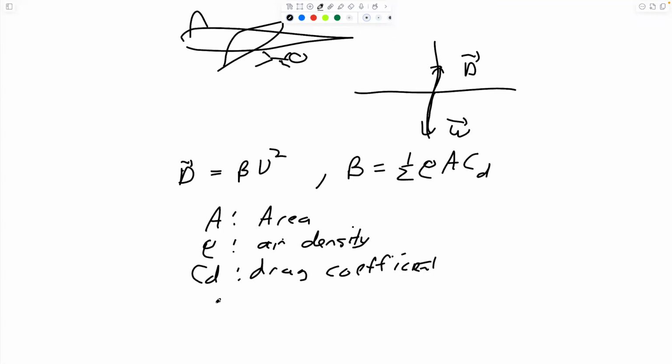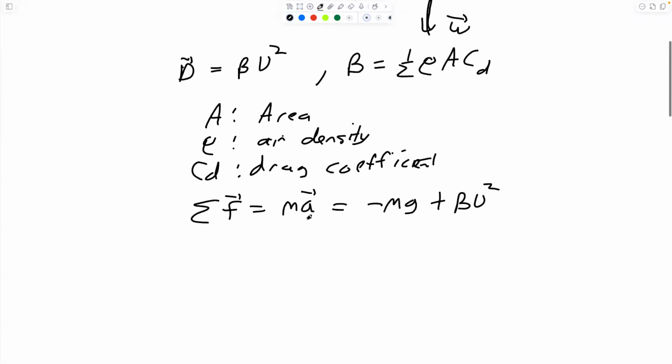Then Newton's second law: the sum of the forces should equal mass times acceleration. And we know what our forces are. Our weight is pushing down, so that'd be a negative mg. And then our drag force is pushing up, so plus beta v squared. But we know acceleration is just the second derivative of position. So this would be my y double prime equals negative mg plus beta v squared. So we have a second order